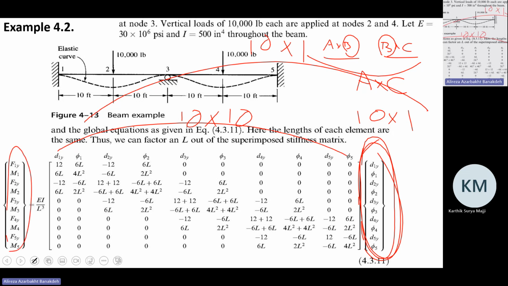The right-hand side is known. The left-hand side is whatever I asked you. I asked you how you can calculate the support reaction. Support reactions are 5 of these 10, the other 5 are the external forces. Here you have 10 numbers. 5 of them are external forces. 5 of them are